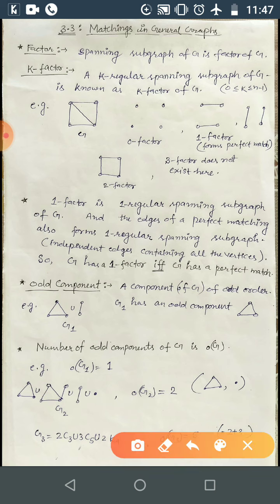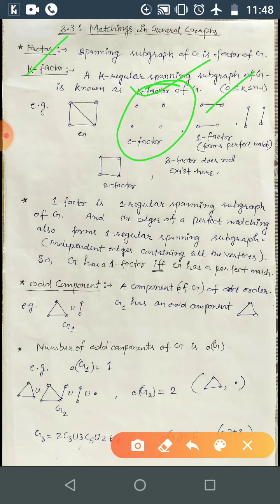Okay, so here you can have some example. So let's consider this graph G. Here you have all these 4 vertices, that is to say a spanning subgraph. So it is a subgraph of this one, and obviously spanning subgraph means factor. It's a factor, and this is 0 regular because its degree is 0 at every vertex. Okay, so this is 0 factor. Obviously K can be 0, correct?